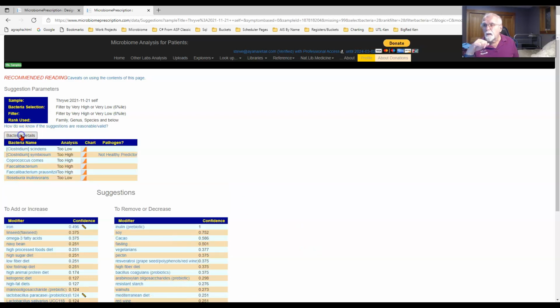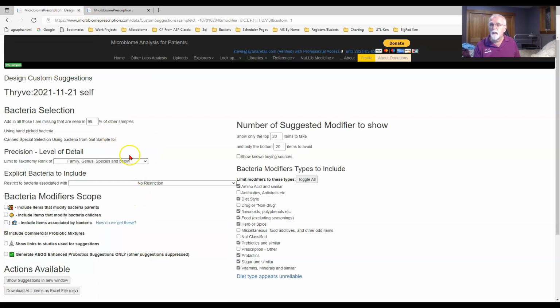I want to take a look at bacteria detail. Oh, no wonder. Take a look at that. That is a pretty sparse list. My goal is usually to have at least 10, if not more, in the list. So I'm not surprised that things went south there, or unusual rather than south. So let's go up.